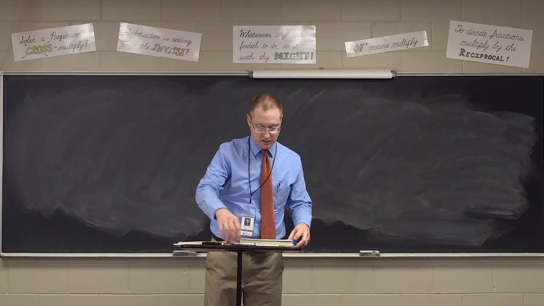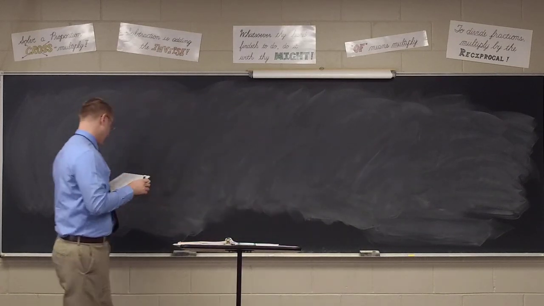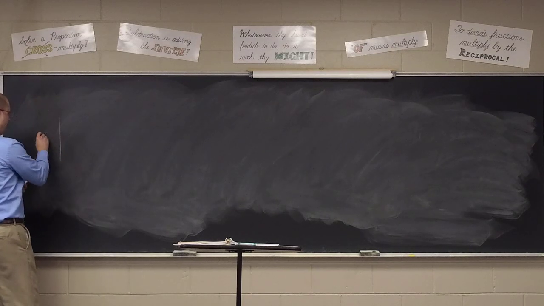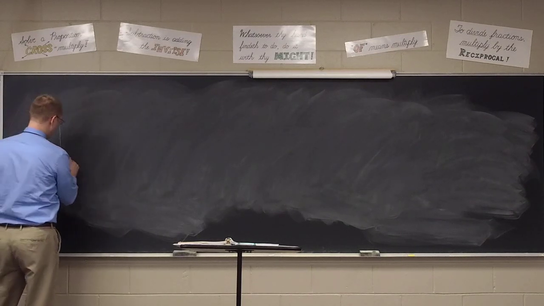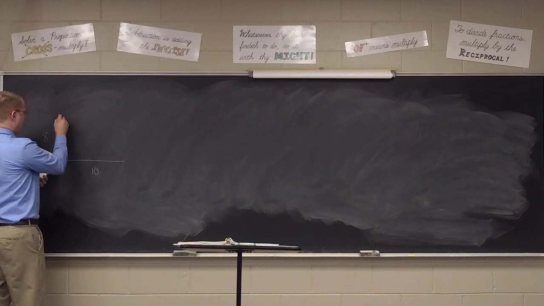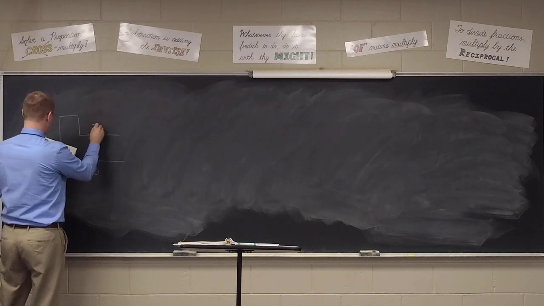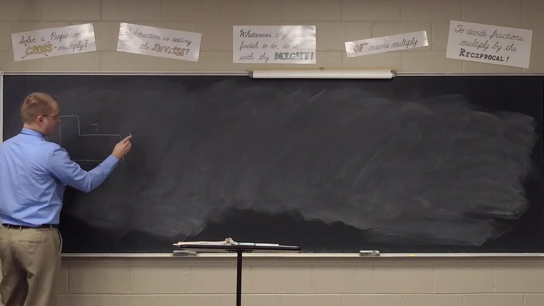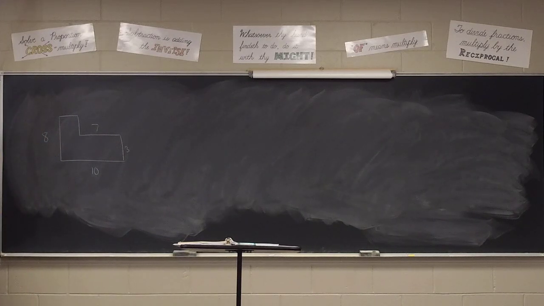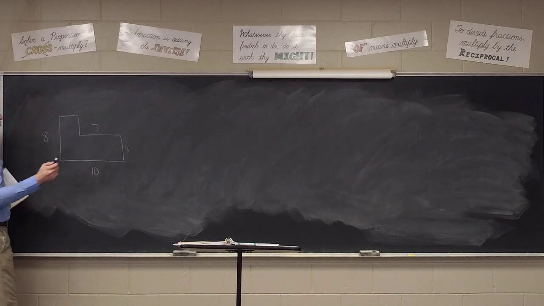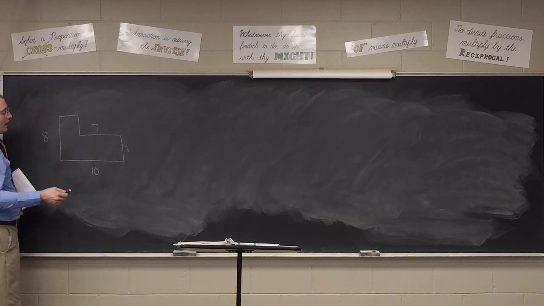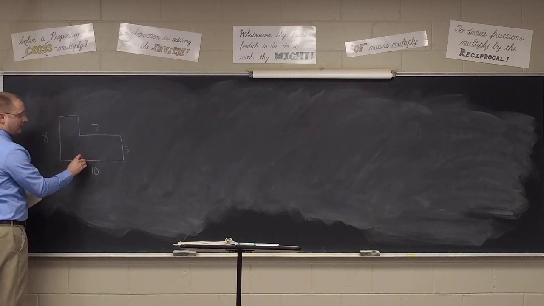So on number 16 from the homework, we had this unusual looking figure, with 8 yards there, 10 yards there, it comes across a little bit, comes down a little bit, goes over 7 yards, and then comes down 3 yards. Not drawn to scale here on the chalkboard, I'm afraid. Well, what you'd want to be able to do is break it down into a smaller unit somehow. You could either draw this line, or